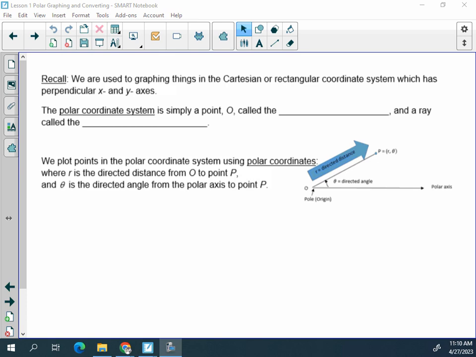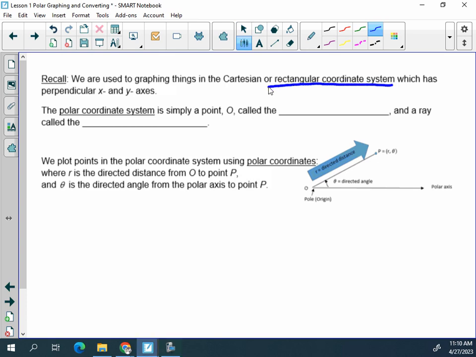All right, so we're used to graphing in the Cartesian plane with our xy axis. Those are our rectangular coordinates. The polar coordinate system is simply a point O, and that is called the pole or the origin,